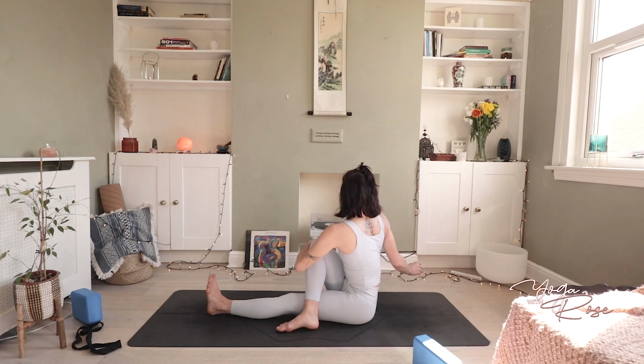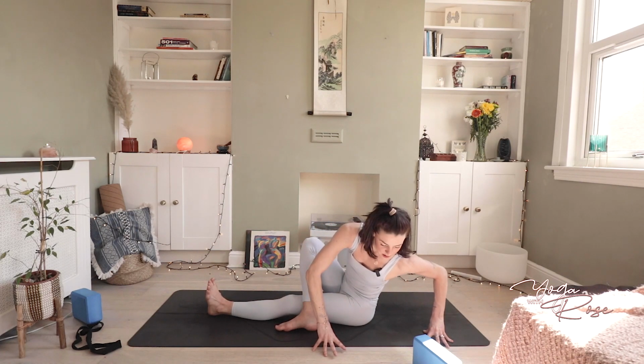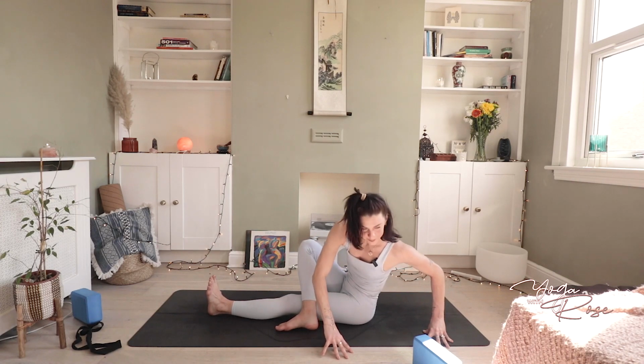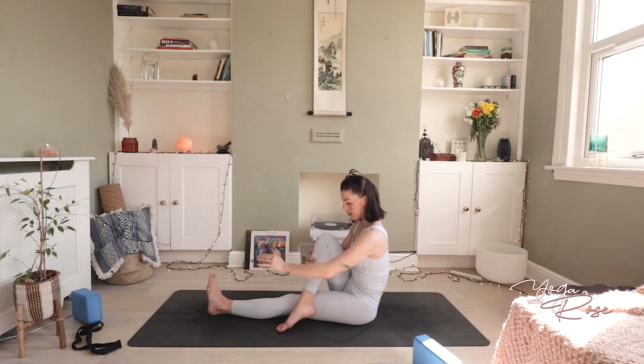Lovely. Coming back round to center now. Just take a little counter twist to the other side. I always like to do this, maybe just placing the hands on the floor. Lovely. From here, we're going to take hold with our left hand of the outside now of our right foot,